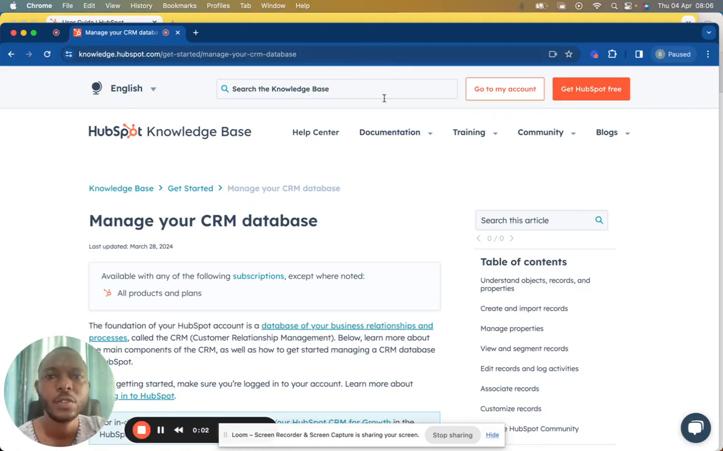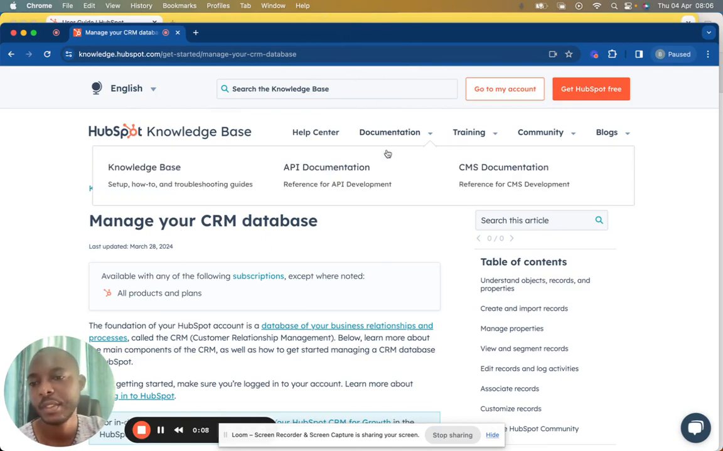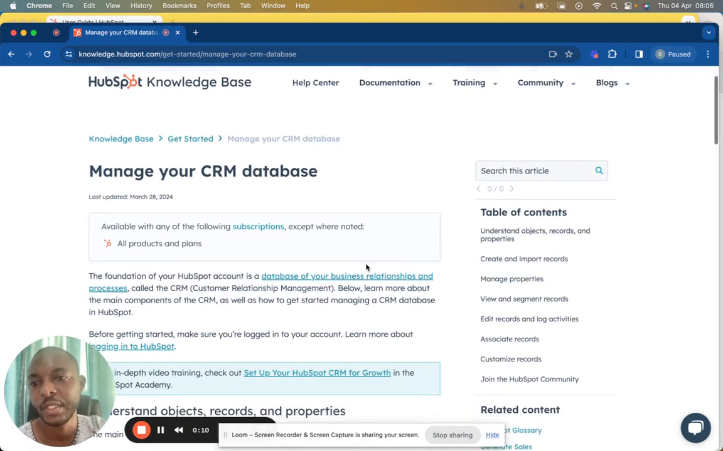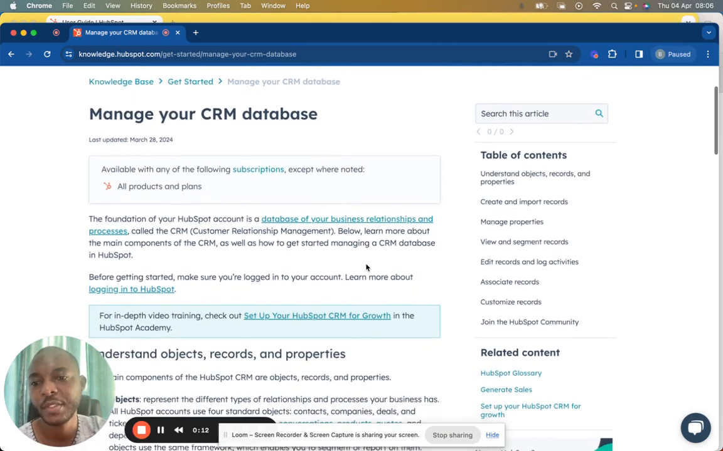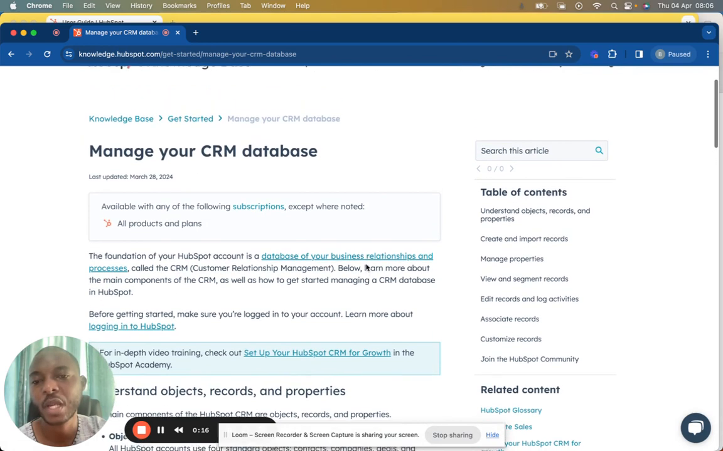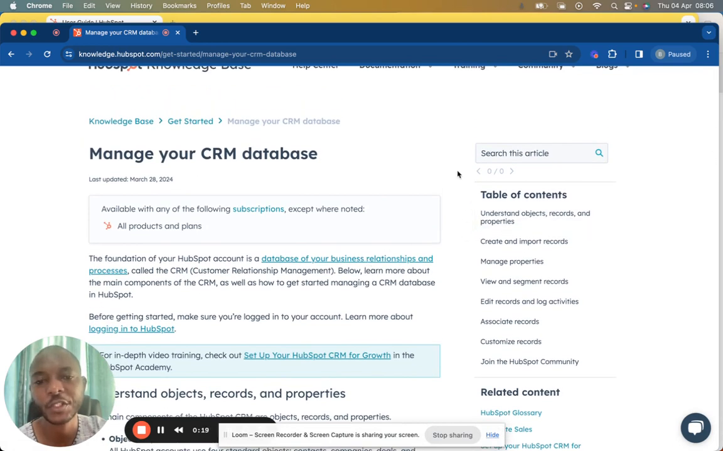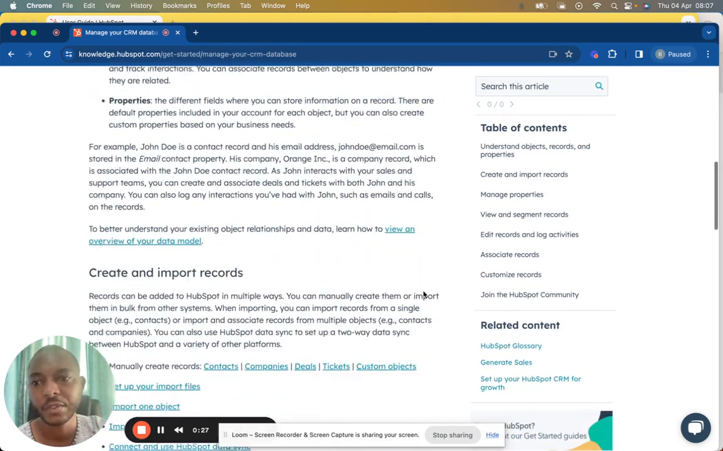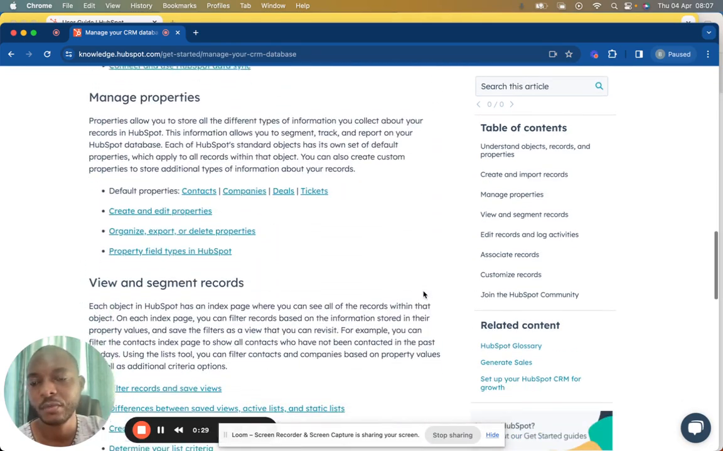Hey guys, so today we're going to talk about CRM, the HubSpot CRM object. So as you can see, manage your CRM database, understand object record and properties. The foundation of your HubSpot account is a database of your business relationships and processes called the CRM, Customer Relationship Management. So here is where HubSpot is giving all the information about